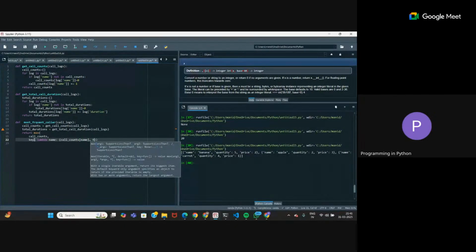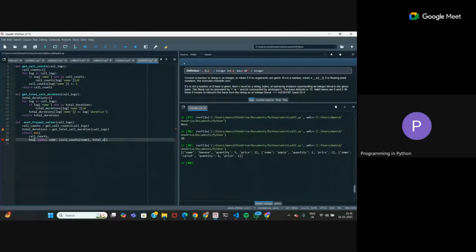And second one is total durations, also for that name. Am I missing anything? Okay, so this is the lambda function. This is also done. Now this should return the maximum based first on call counts. If there is a tie, then break it with the call duration.